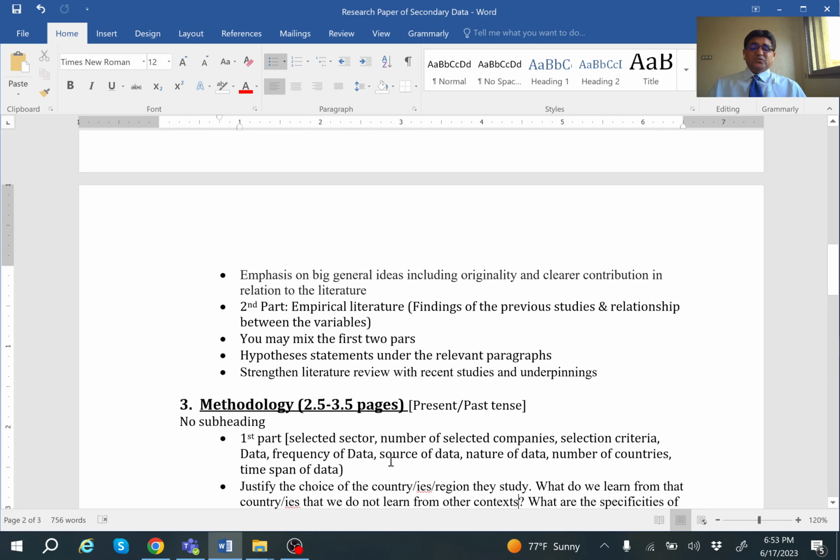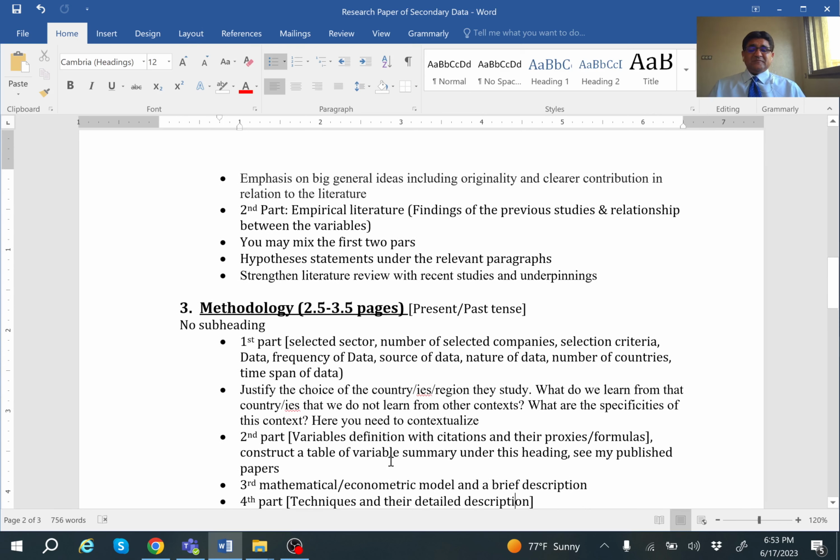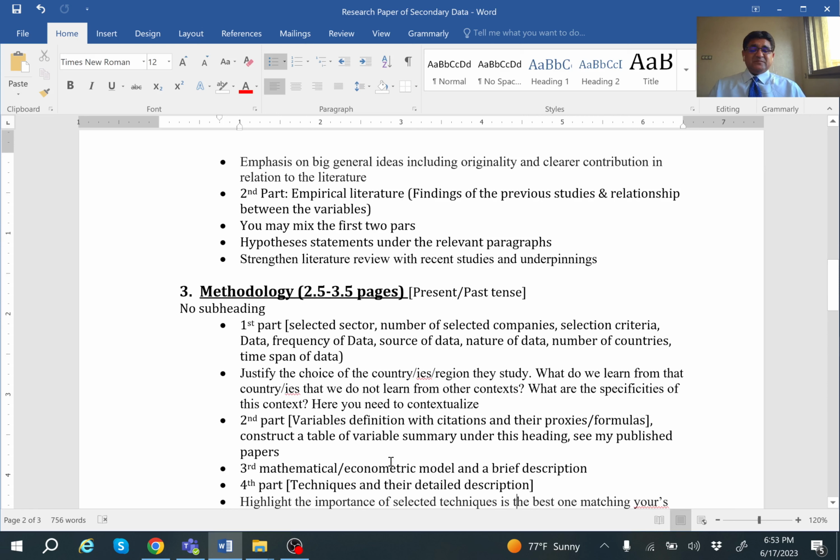Then we move towards the third part, which is methodology. We normally write in present tense, or past tense can also be used, but I recommend going for the present tense. Here we have several parts. The first paragraph is related to the selected industry, selected sample, selected country, selected region, and then we normally discuss